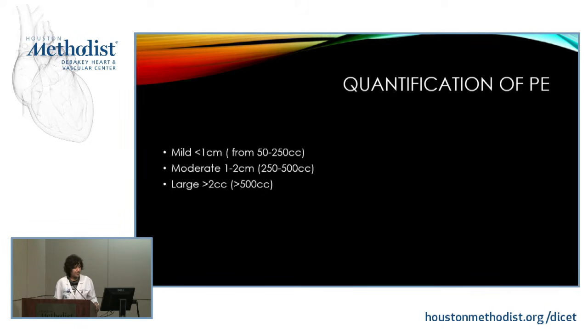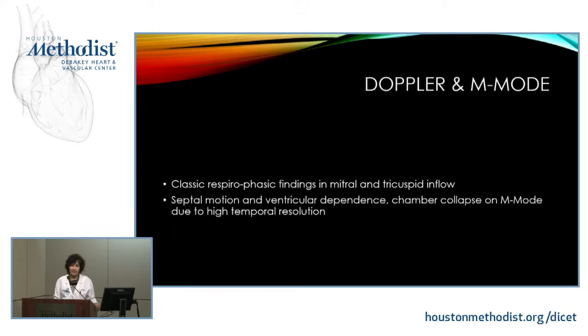We know the quantification of pericardial effusion, mild, moderate, large, and the fluid that is present with each one. And then, of course, the Doppler and the M mode. The classic respirophasic findings in the mitral and tricuspid inflow, the septal motion and the ventricular dependence, and chamber collapse on M mode are very important because M mode has a very high temporal resolution. So what sometimes eyes cannot appreciate on 2D in a subtle RV diastolic collapse, you're going to pick it up